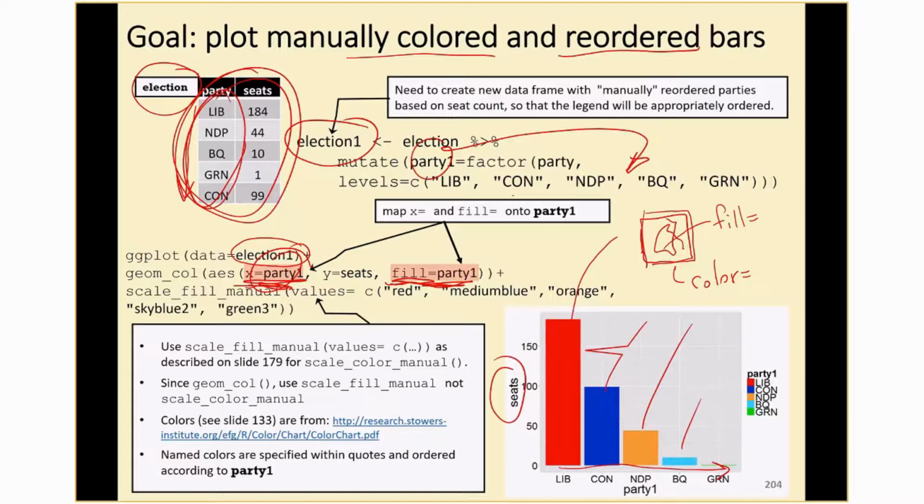Now, the problem would be that by default, R is going to use its color wheel, and it's going to pick its favorite 5 colors for these 5 parties. But the whole idea, and one of the beauties of ggplot2, is that if you're making a PowerPoint presentation or a poster, you might want to do something kind of cute, like putting in appropriate colors. So how do you do that? Well, the way you're going to do that is, as we've seen before,